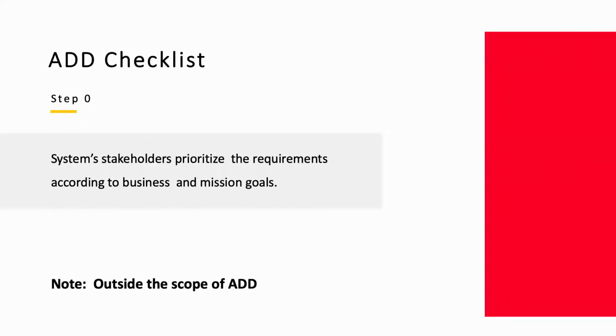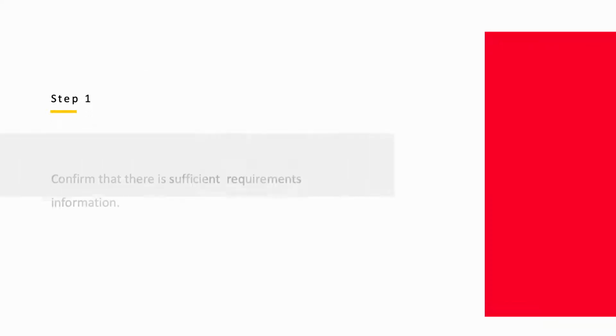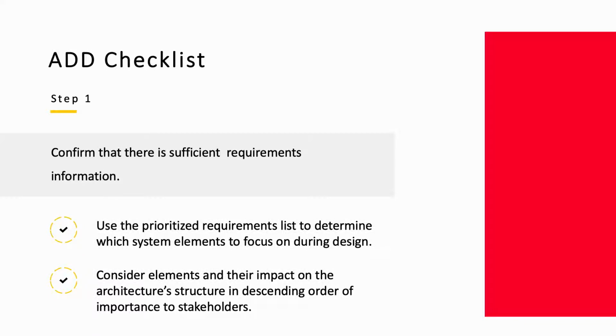So step 0. Before you give everything to the architects, you definitely want the business side to prioritize the requirements according to the business and mission goals. So if you guys are architects, then you want this to already be prioritized by the business group, or those that are paying the money, or those that are responsible for deciding on what the system's going to look like. And then once that's done, the information goes into the group of architects, engineers, and probably product managers, and then they start the first step, which is